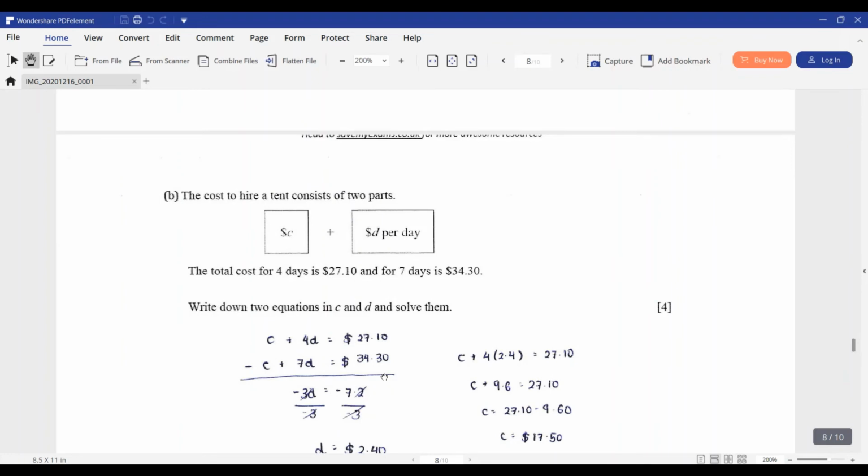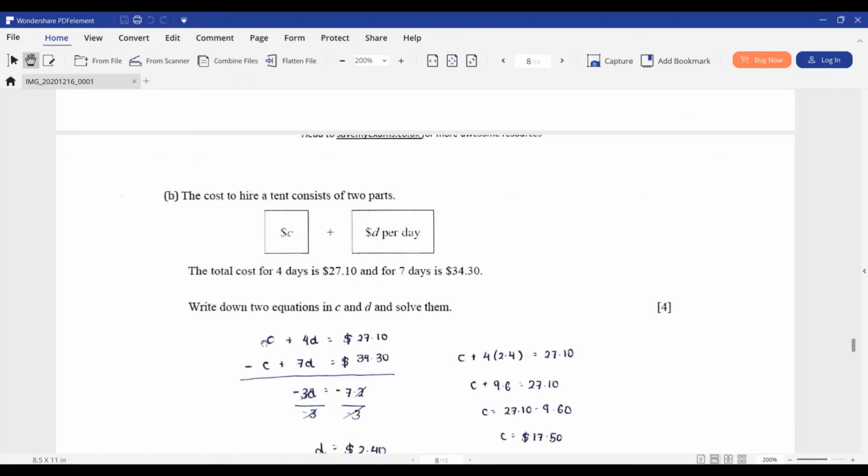Part B. The cost to hire a tent consists of two parts: C dollars plus D dollars per day. The cost for 4 days is $27.10 and for 7 days is $34.30. Write down the two equations in C and D and solve them. So what we want to do is C remains constant throughout. It is not touched. So C plus dollars per day. So per meaning multiplied by the number of days. So 4 multiplied by D is equal to